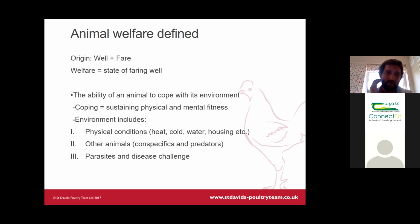So what is animal welfare? It's the state of faring well, but it's the ability of an animal to cope with its environment. And coping is sustaining physical and mental fitness. And the environment includes whatever challenges are thrown at the bird. So in terms of pododermatitis, the